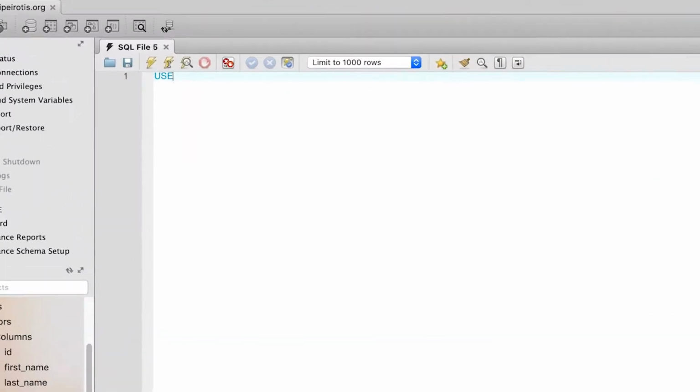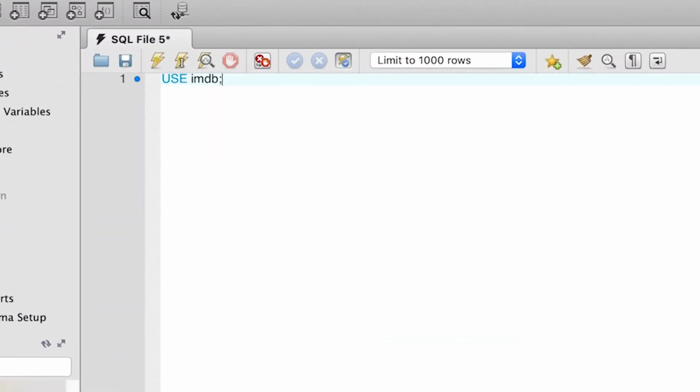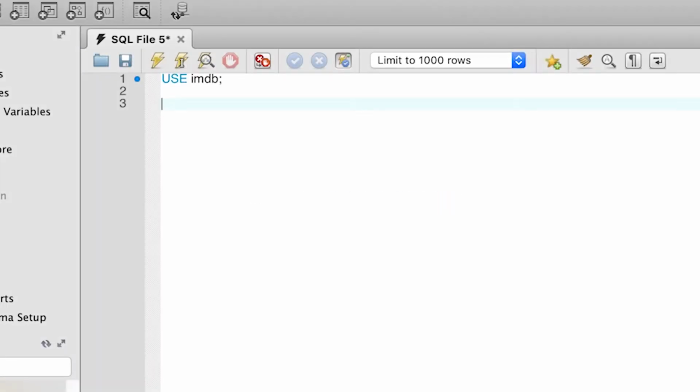Now, one of the most common use cases for select distinct is to examine the contents of a particular column. So let's go to the database. Let's go to the IMDb database and use IMDb, and let's try an example. Let's say that we want to find all the movie genres that we have in the IMDb database. The genres are stored in the movie genres table. So we type select star from movies genres.